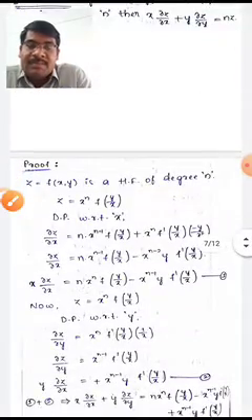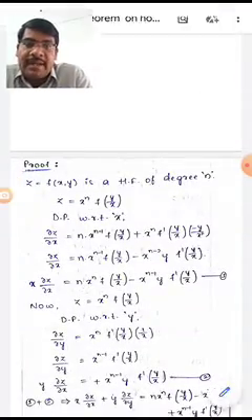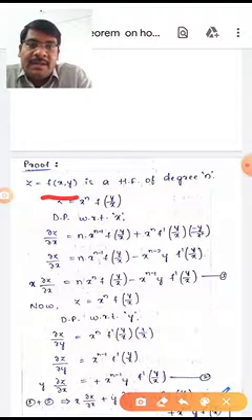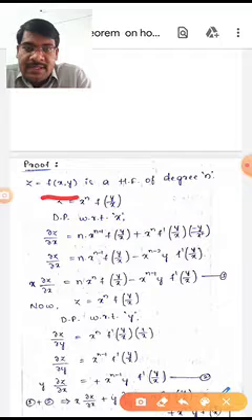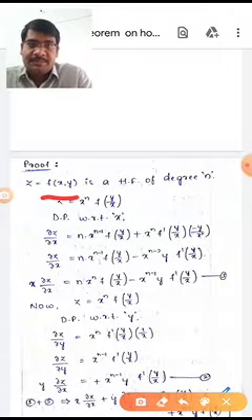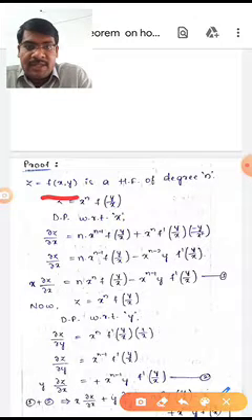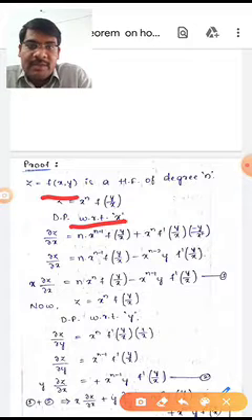Suppose z is equal to f of x comma y is a homogeneous function of degree n. The homogeneous function can be written as z is equal to x power n f of y by x. First we have to differentiate partially with respect to x. Here we are differentiating with respect to x, so y is the constant. This is in the form of u into v.